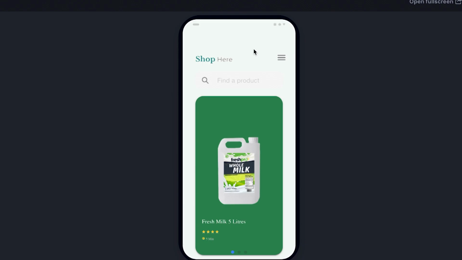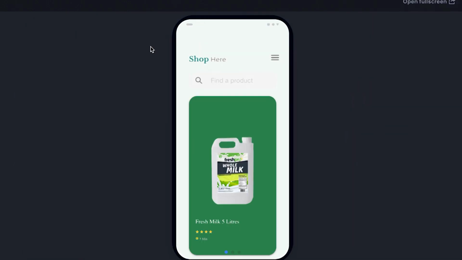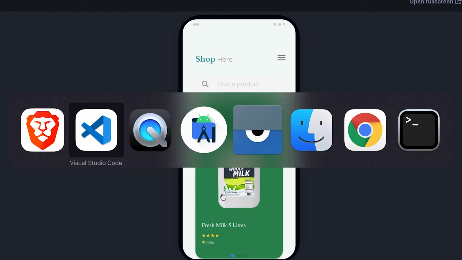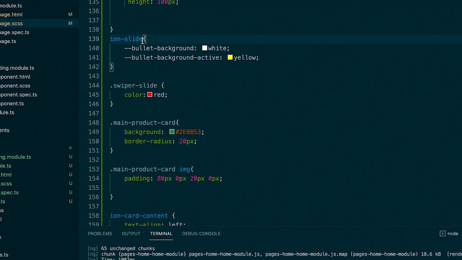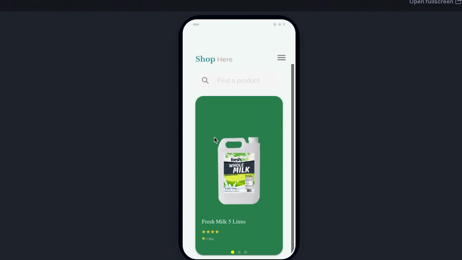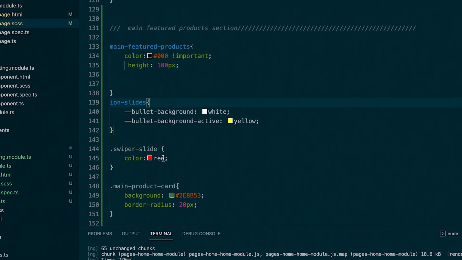If we save and check out and slide, yep, still not. Good, yeah, so it is iron slides where we change our pager. All right,